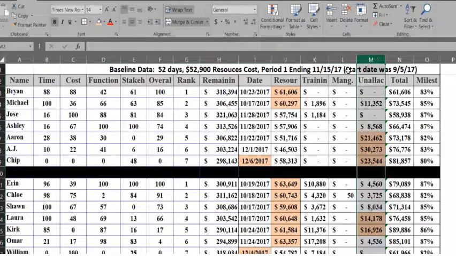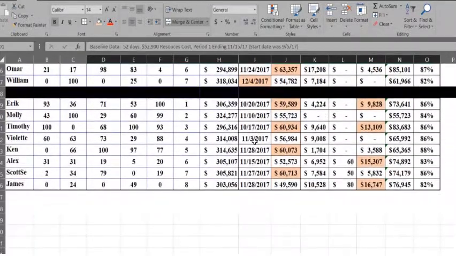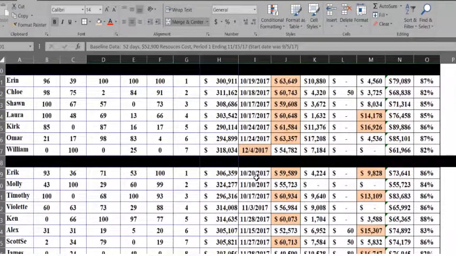Sorry. This resources cost is worth mentioning and talking about relative to the baseline data. So again, 51 and a half days, 52 days was the first period. If we started the project on 9/5/17, we would finish the first period on 11/15/17 nominally based on the plan. So a lot of people did well. In fact, most people were within a couple weeks. So I didn't have much to say about the closing date. In fact, everyone's banded nicely there, except for a few.